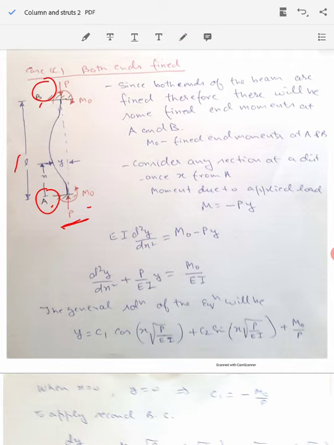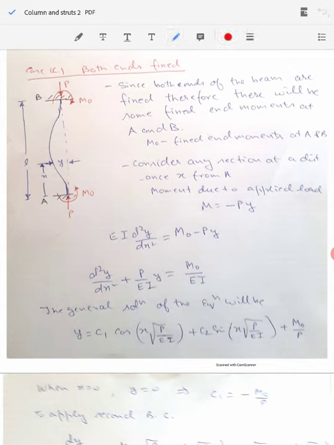Now let's examine certain facts. Since both the ends of the column are fixed, there will be some fixing end moments at A and B, because we are not allowing the slope to happen at the fixed end, and we have restrained both the ends. So there will be some kind of fixing moment acting, which will be called M0. Because of this fixing end moment, we can't have the slope at the end of the column. That's why the column appears straight here, and then you see this curve here. Again the column appears straight here. So there must be some fixing moment being applied because we have restrained the ends. That fixing moment is taken as M0.